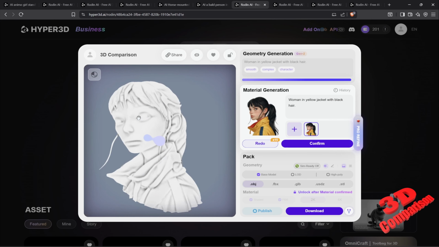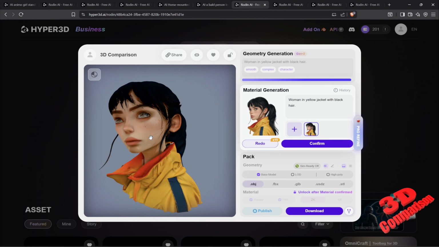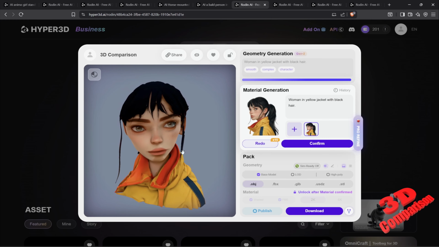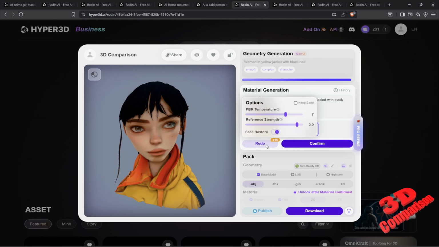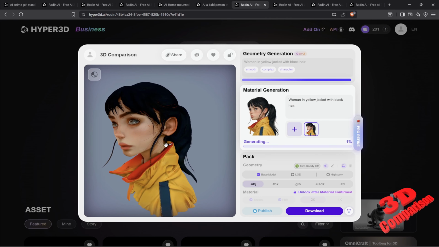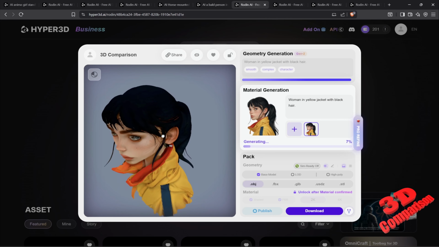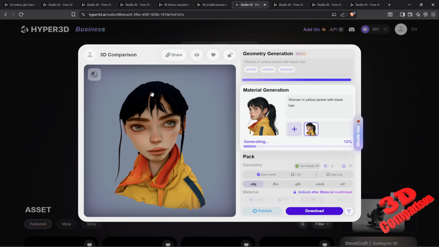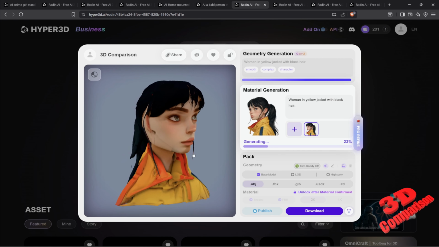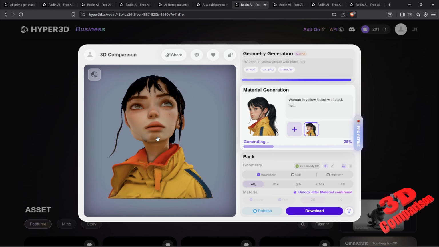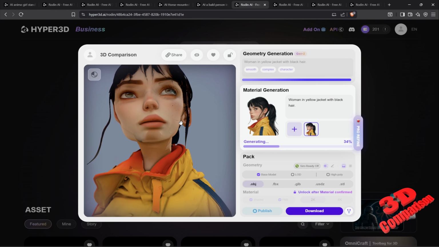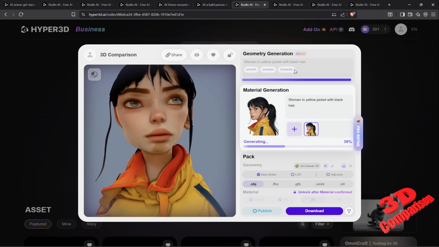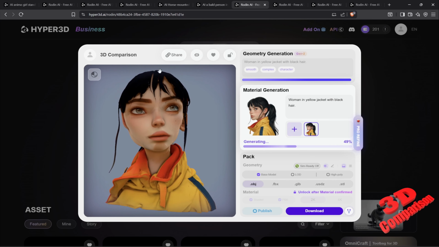I'm really curious for the texture, especially for the... Yeah, and as you can see for the eyes, it has that problem. So we can go ahead and we can have that redo. But I also tried this same image into other tools, and the overall, let's say, the construction of the face was far worse than this, if you can imagine. You see over here that position for that ear. Maybe I should go ahead and have this reprocessed and maybe check some symmetry, because usually characters should have symmetry. And